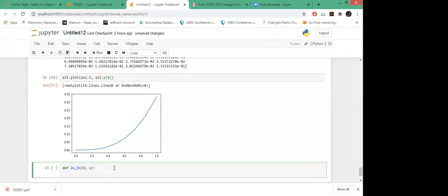Okay, let's see. When you convert this second order equation, you will have the form z equals y dash, and corresponding to that your initial condition will be y0 equals 0. And with z dash, when you take the derivative of z, you will have the double derivative of y, and that you can get from the second order equation. You might have done that, converting your second order differential equation into the first order.